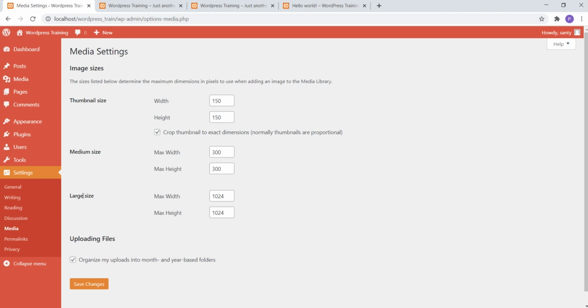Whenever you upload an image, it must be greater than your large size. If it is not, then your image gets blurred when the user visits your website from larger devices like projectors, 2K resolution monitors or 4K resolution monitors. So whenever you upload an image, just keep in mind that it is larger than the size mentioned here.